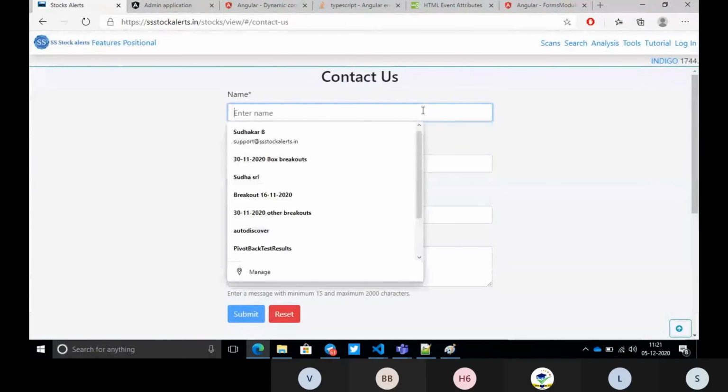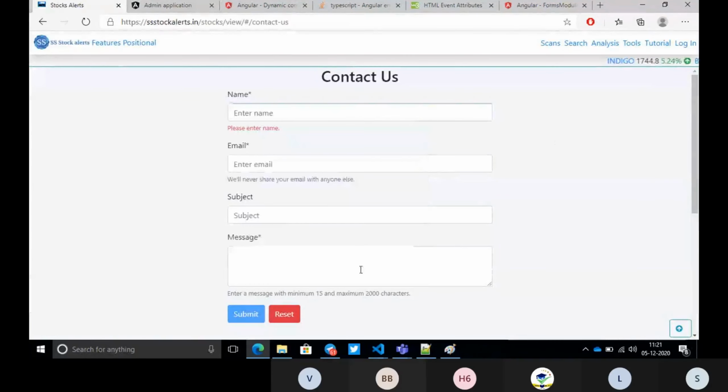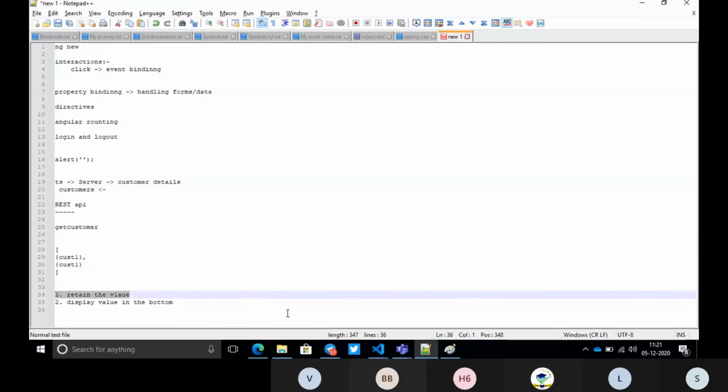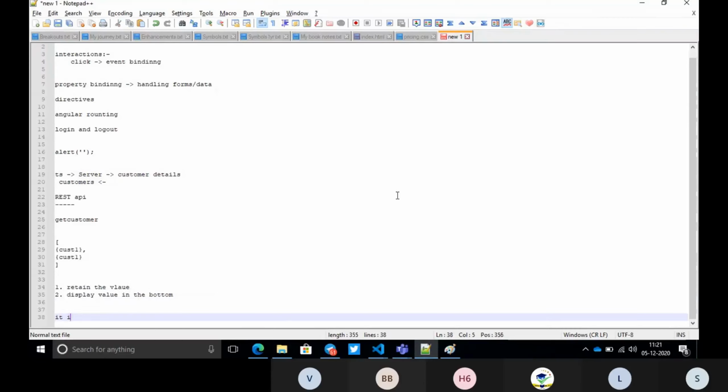Here we have 1, 2, 3, 4, so we should have 4 variables. But it is not recommended to have more than one or two variables like that. It is not recommended to have 4 variables and do things this way.